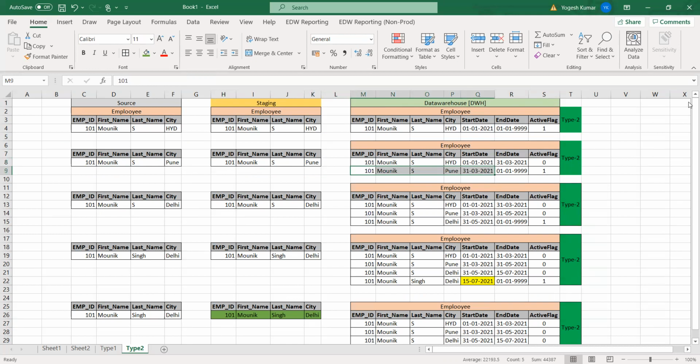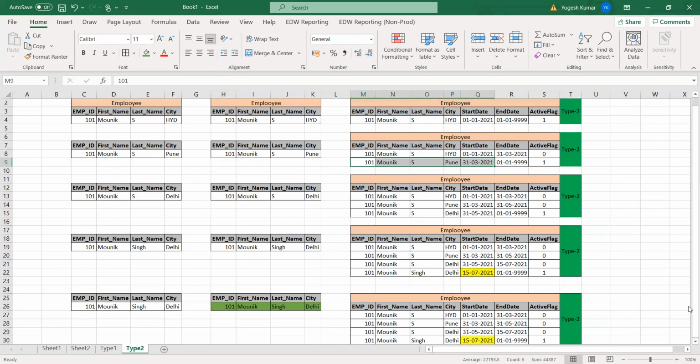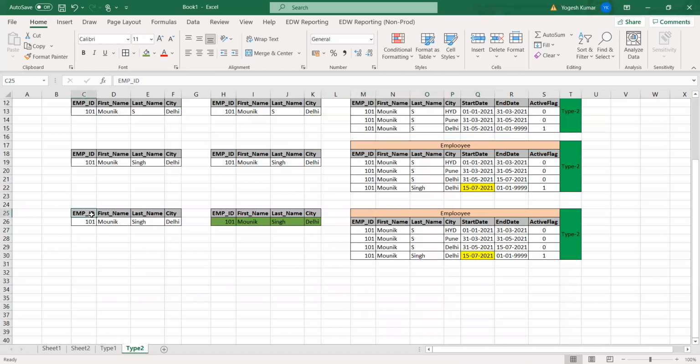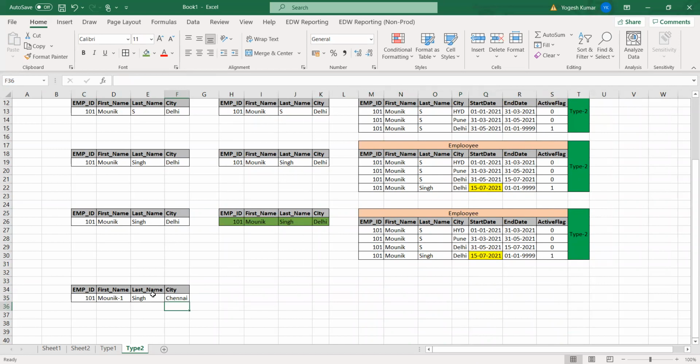And just one more thing, I forgot to tell you one example. Let's say the same example, Monique, and there are two changes: first name, let's say Monique-1, and he moved from Delhi to Chennai. So what will happen in staging?